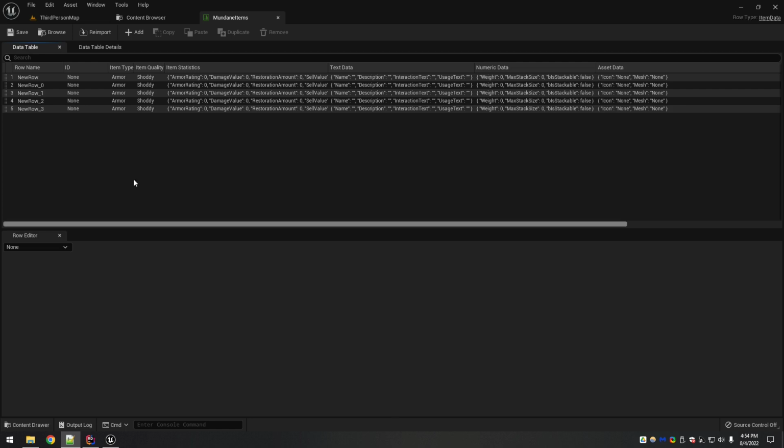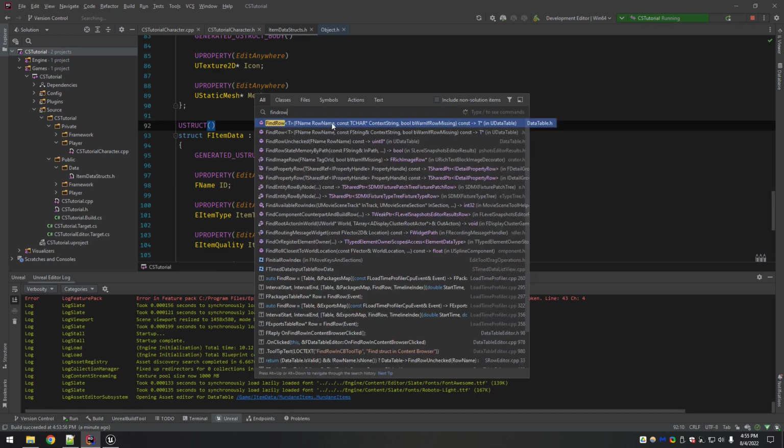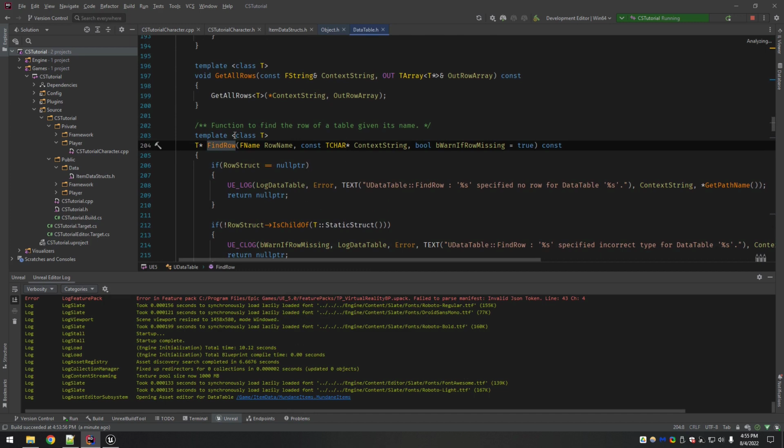So basically there's a function called find row, and it takes in a... here, we'll just pull it up real quick. All right, so here's the function. So, function to find the row of a table given its name. It takes in a row name, and then it takes in a context string, and then an optional warn if row missing.